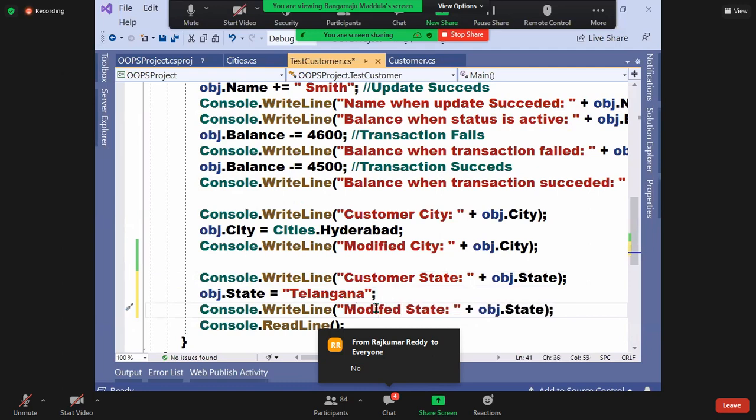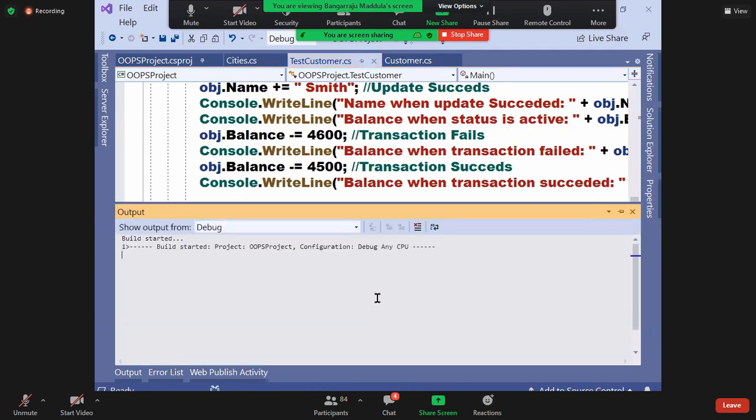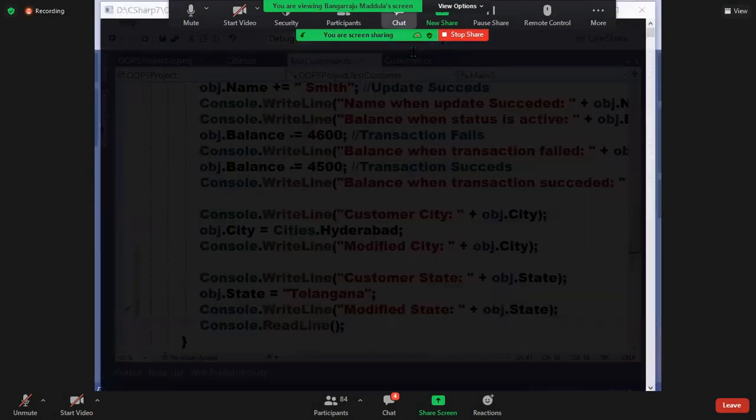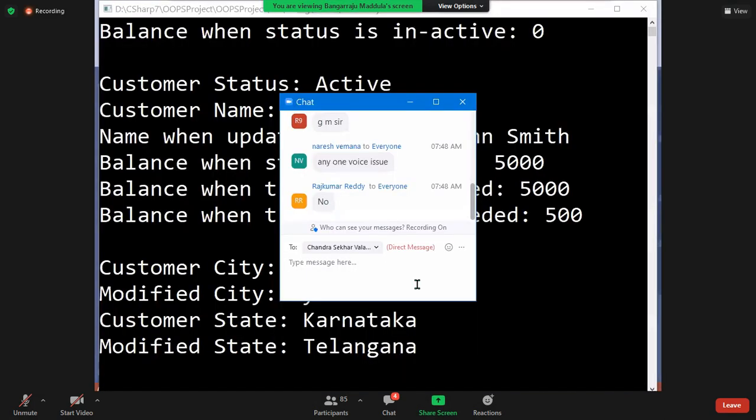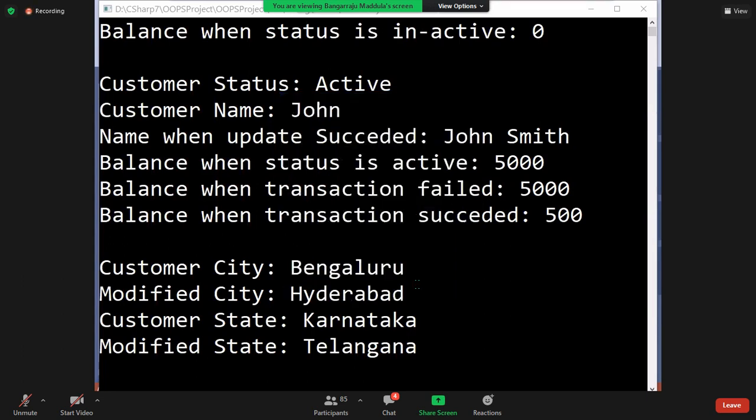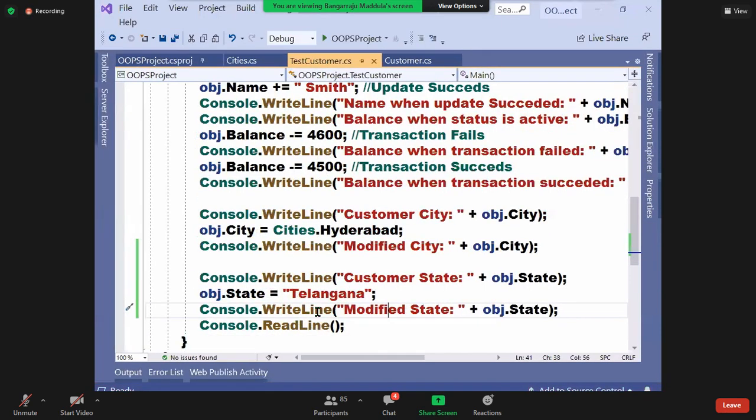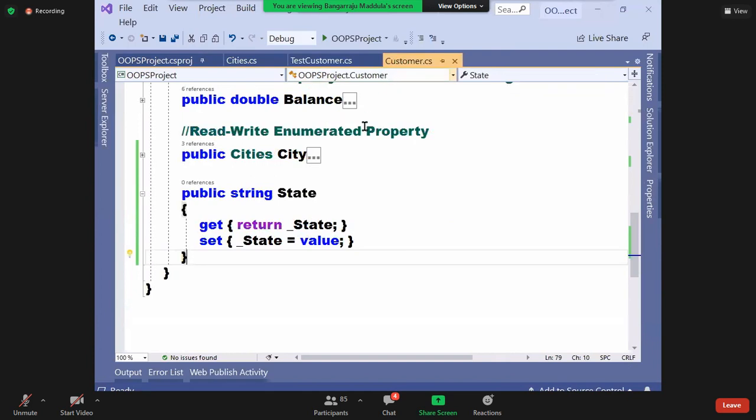Modified state. Okay, so you can see Telangana. So I'm getting the value correctly now, no issues with this. Everything is fine. A simple property, nothing more to explain on this.